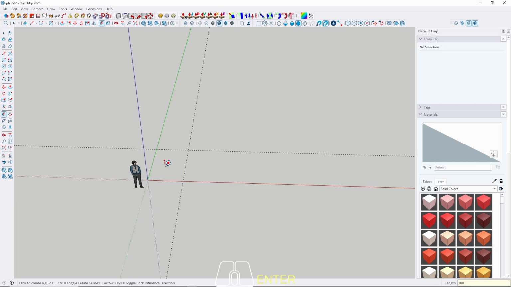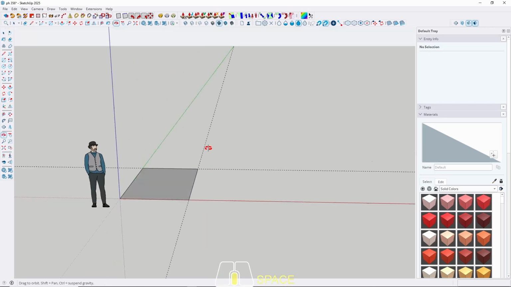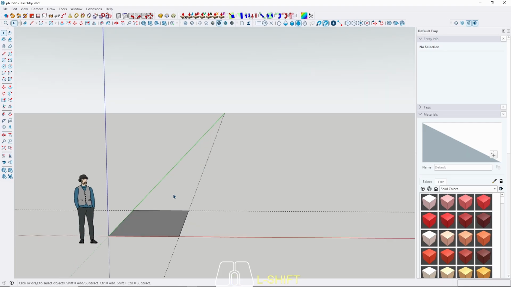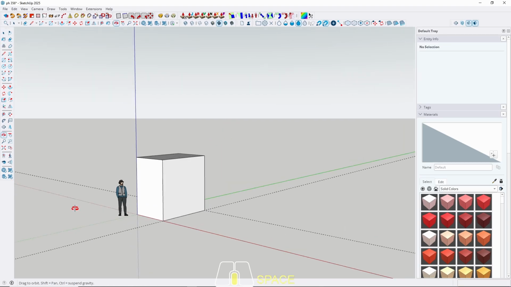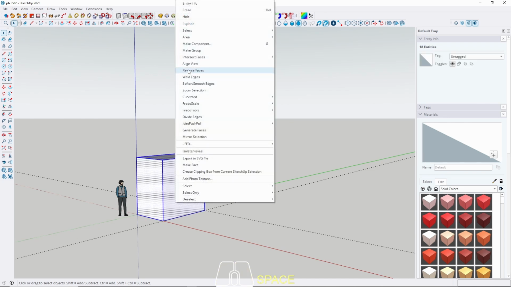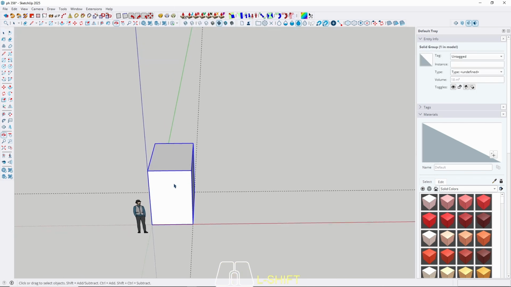Okay, by the way, it's in centimeter. Okay, let's make it 300 centimeter height. Okay, make it group so it's our first mass, and then